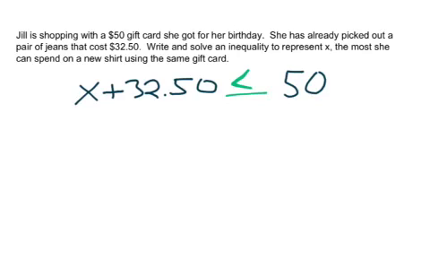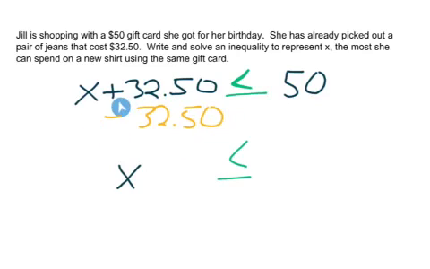Now, how do we solve this inequality? Well, this is addition. The inverse of addition is subtraction. We subtract $32.50 from the left side because we want to get x all by itself. $32.50 minus $32.50 is 0. So all we're left with is x on this side is less than or equal to,